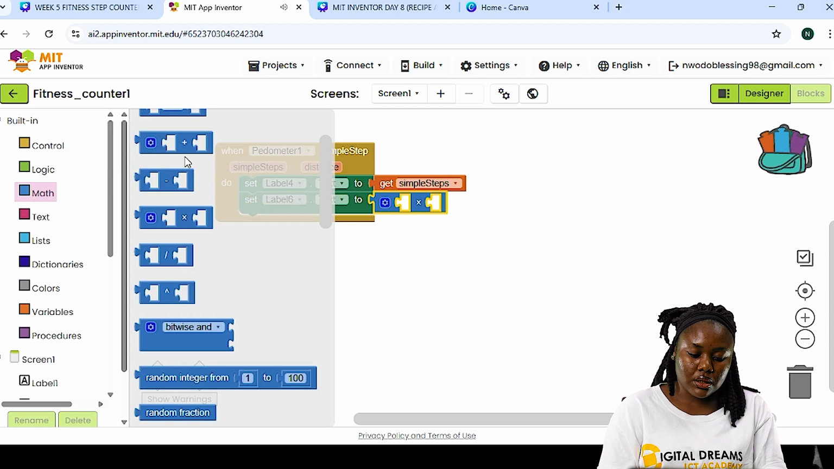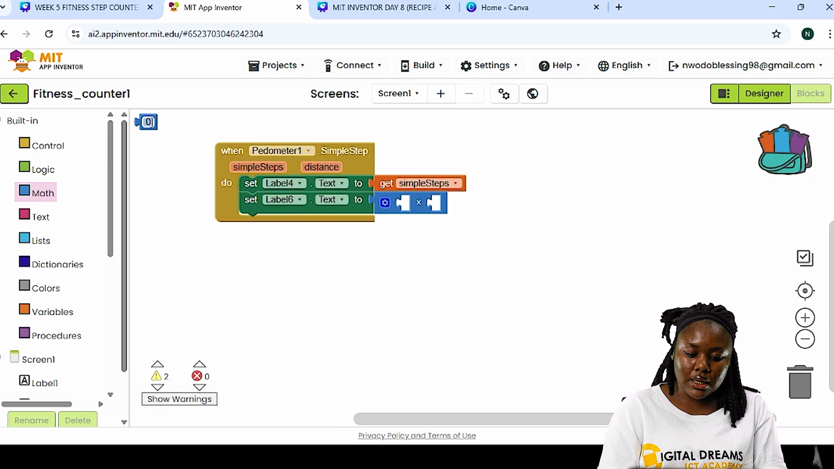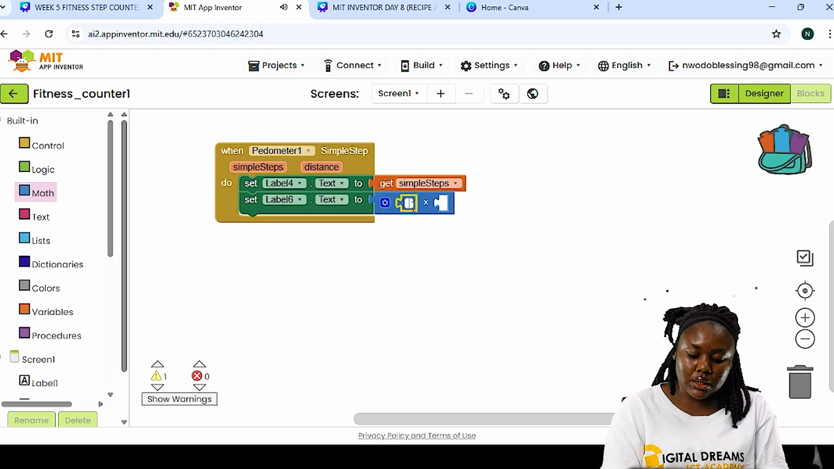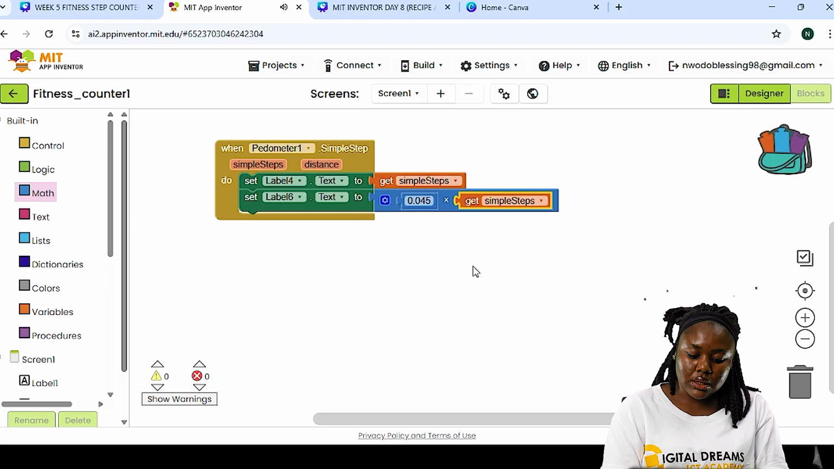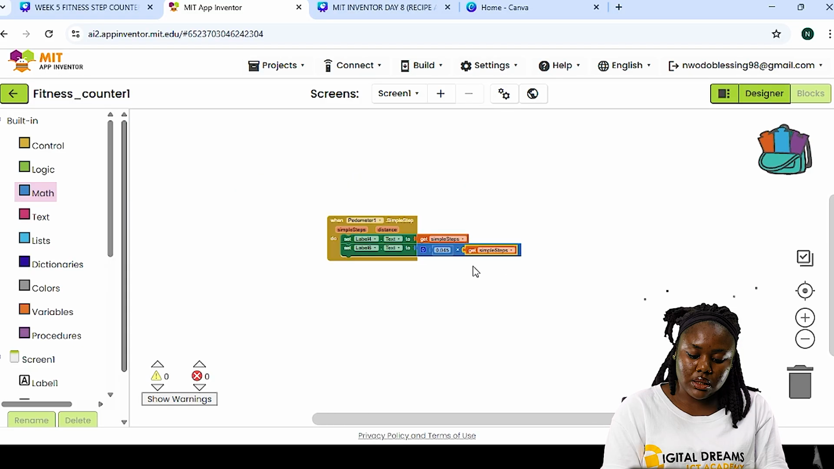Now go back to the math block and get the 0 block here. It's inside the first. I'm going to change the text there to 0.05. Save and go again, and then get simple steps. Place it inside the second space here. Now the next thing we'll be doing